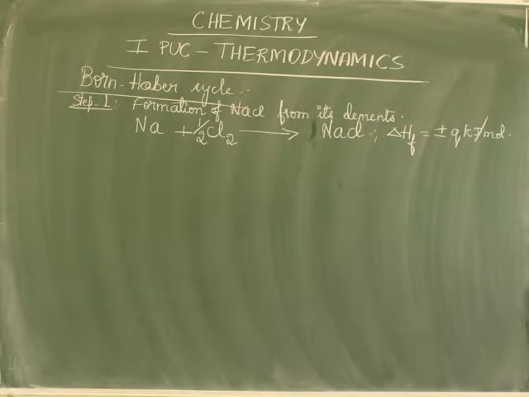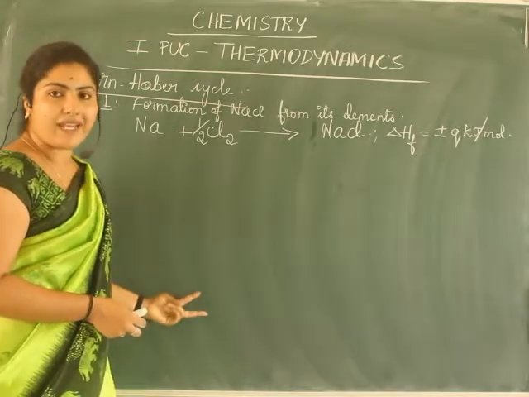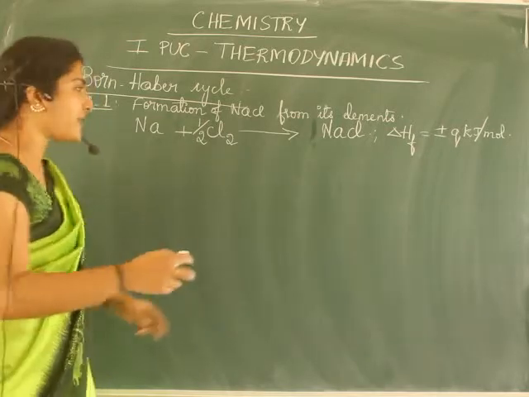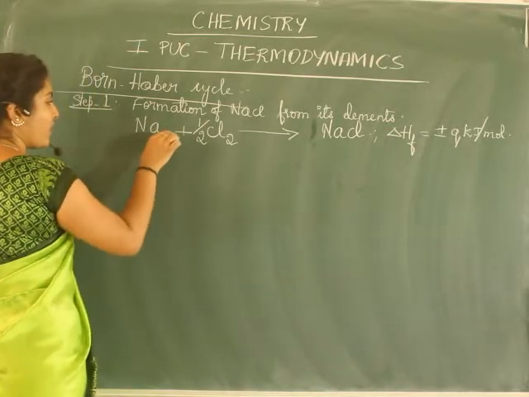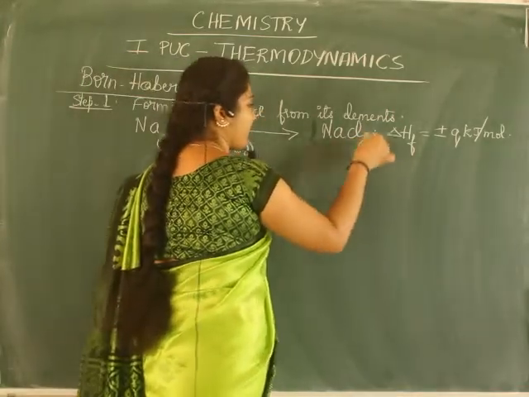And the next step, now we have to write the stepwise reactions that take place, because I have told you that the reaction takes place in different steps, and those reactions we have to mention now. Which were those steps? First we have to convert sodium into Na plus in its gaseous state, Cl2 into Cl minus in its gaseous state. Now let us mention the states. Sodium is in solid state, chlorine in gaseous state, NaCl in solid state, an ionic compound.